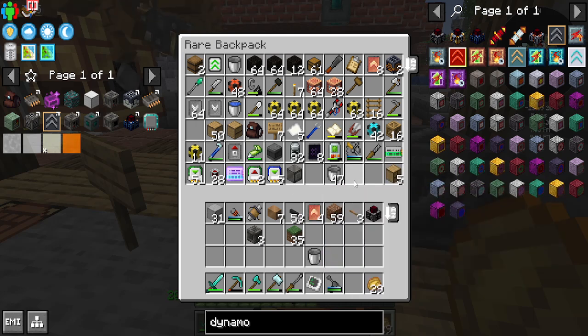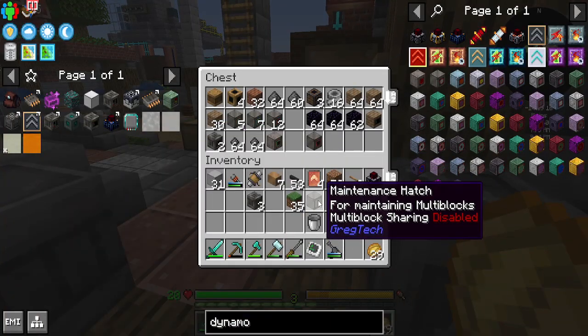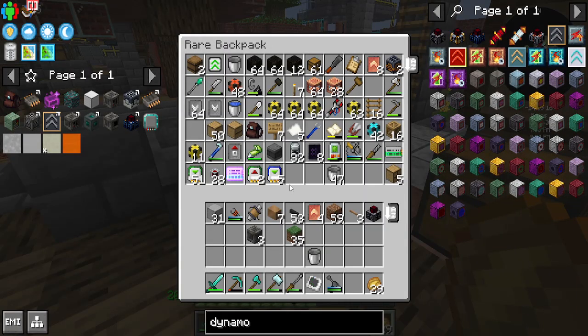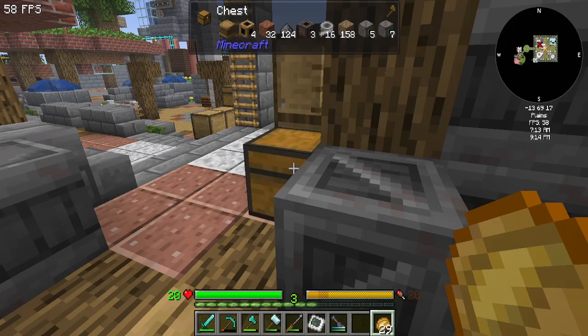Do we have any more ender chests, ender drawers? That maintenance hatch can go in here. I don't think we do. I think we're all out of ender tanks, or ender drawers. So, in that case, let's grab...